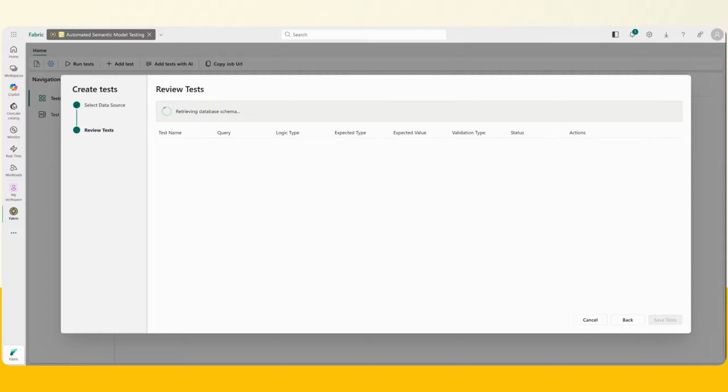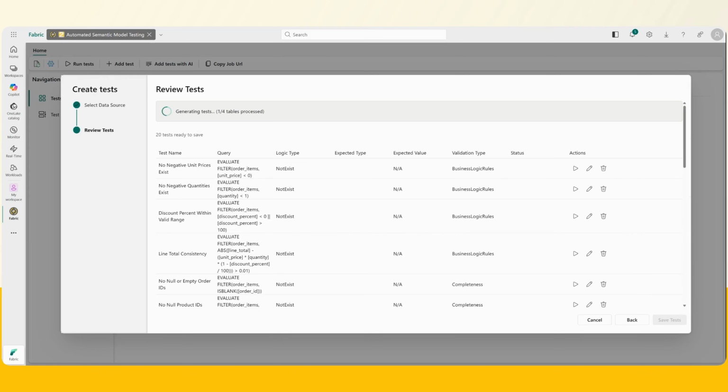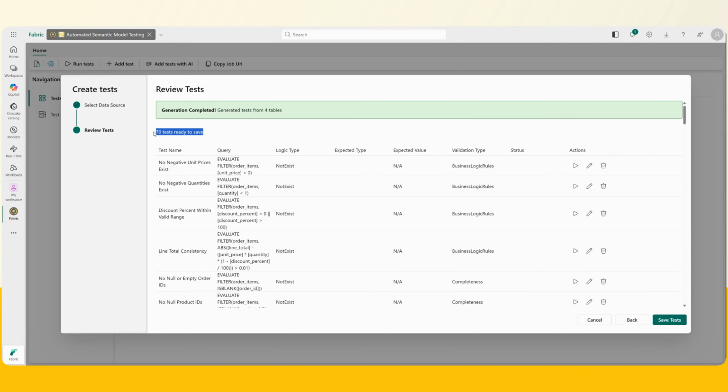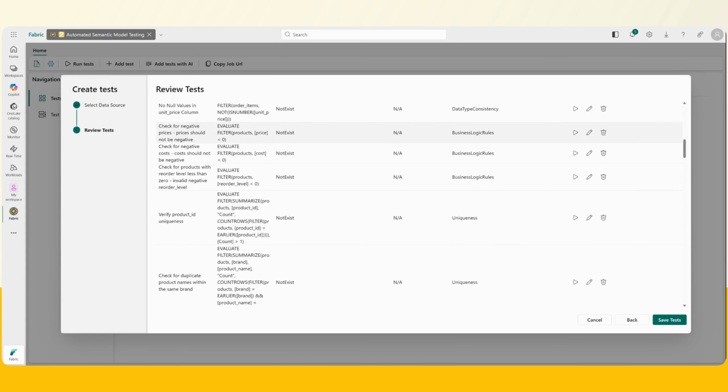The tool analyzes the schema, checks a small sample of data, and writes the tests in pure DAX code. The tests cover not just individual tables, but also the relationships between them. For example, from just 4 small tables, we get 70 tests that check business logic, completeness, uniqueness, statistical anomalies, and